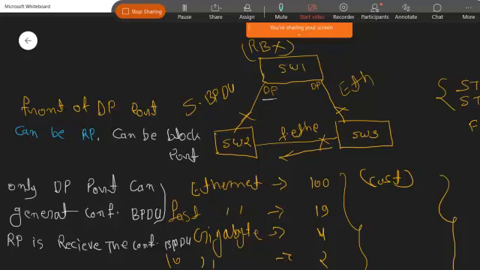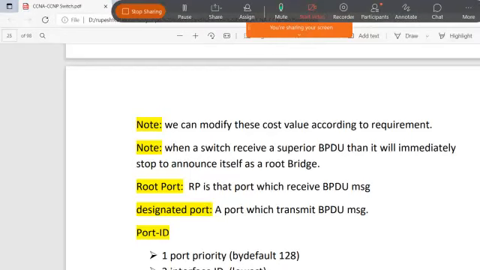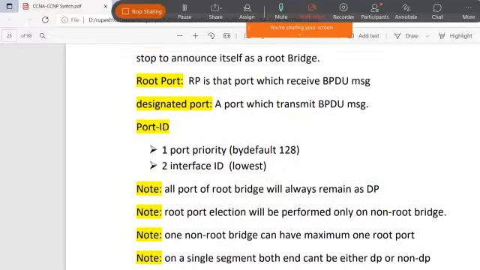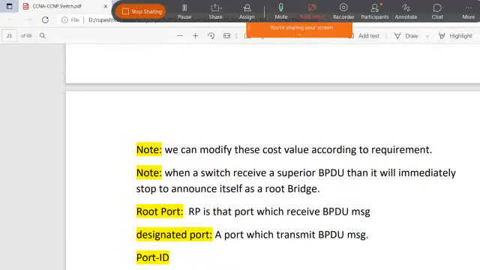Now, how is the root bridge election criteria done? Let's talk about that. First, what is the root port and what is a designated port? The root port is the port which receives the BPDU message.